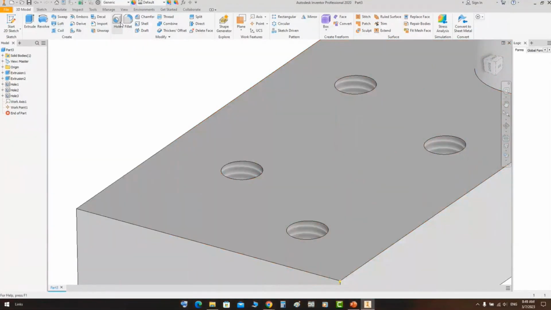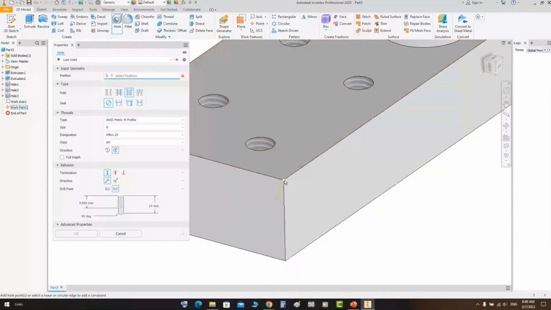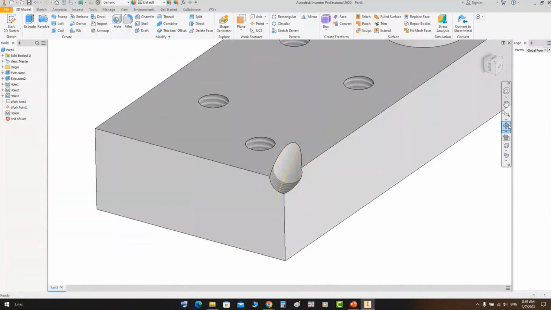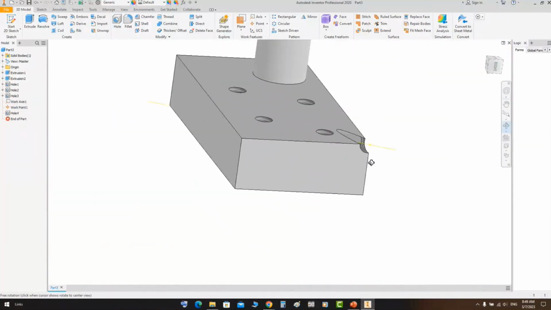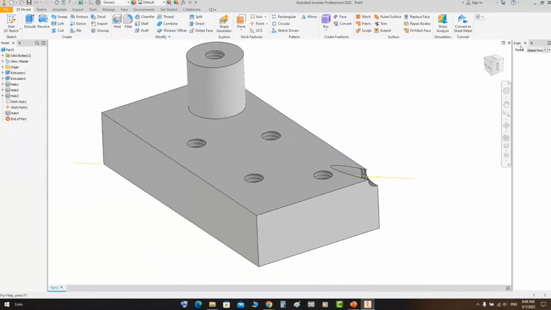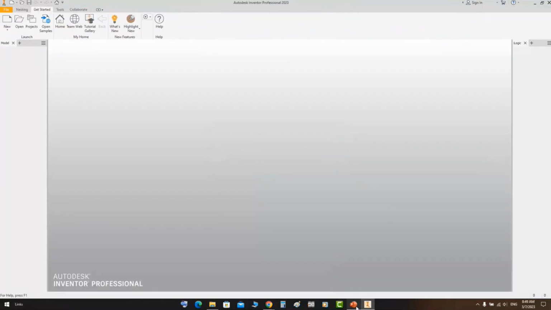And the fourth one, by defining a point and select a direction to make this hole, which is that one. Okay, so those are the available features for the holing. Okay, now let's go to the next feature,